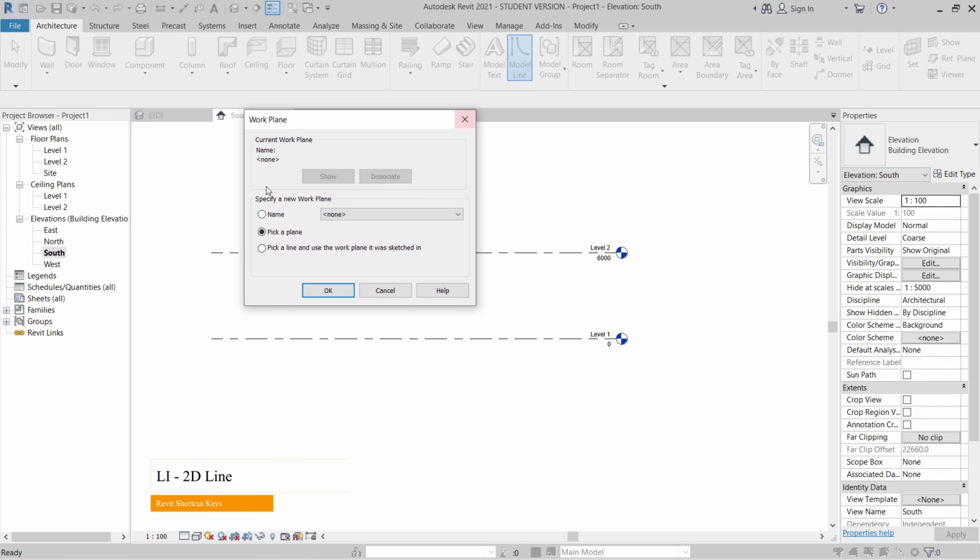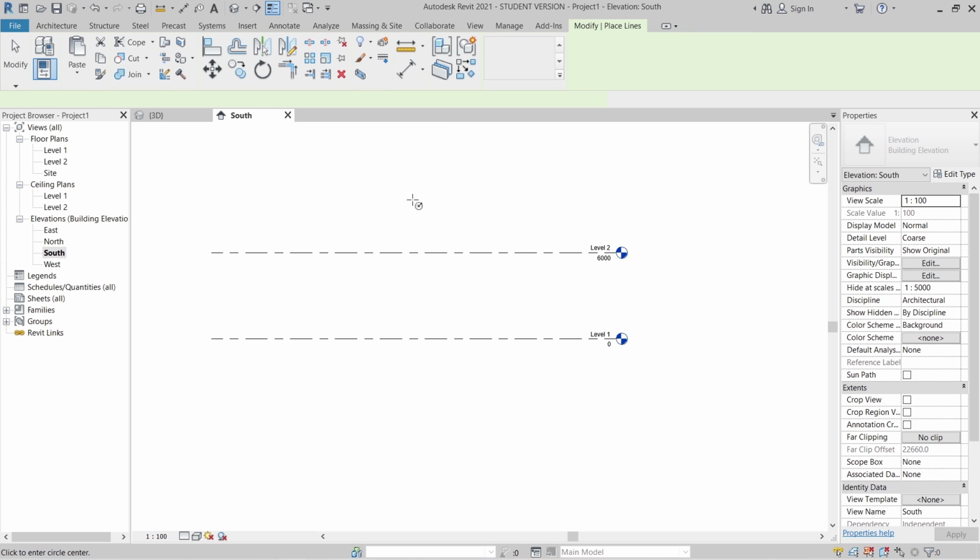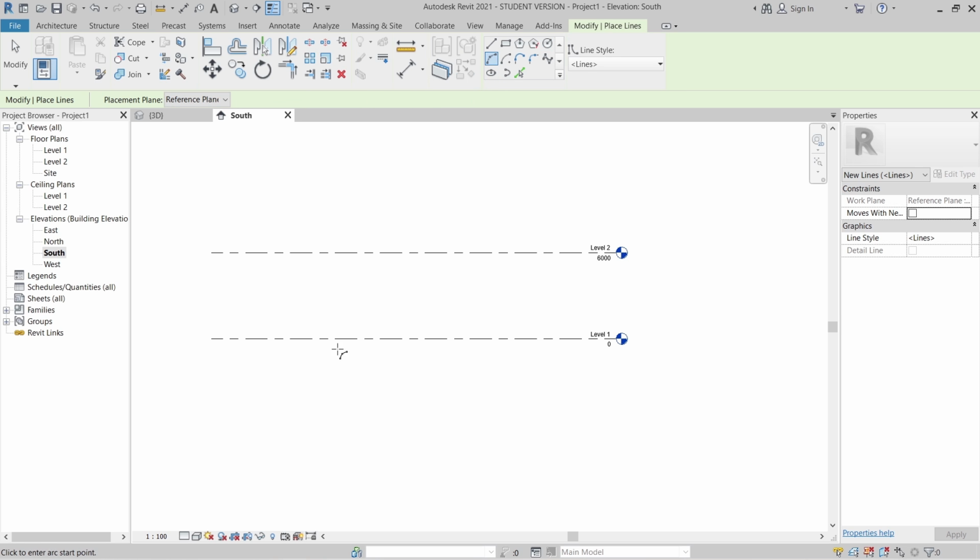Here is the reason: when you draw on elevation, west or south, you might need to set a name there to create your shape here. I can drop down finding for reference 1. Here is what we have done. Then I can hit OK. Reference plan, hit OK. Now it's time to draw that.